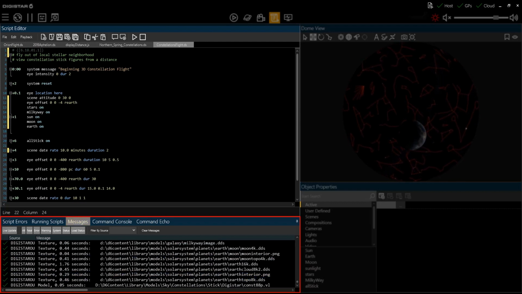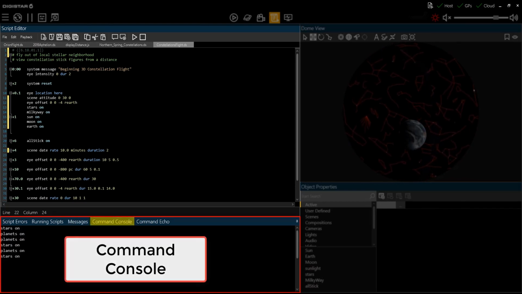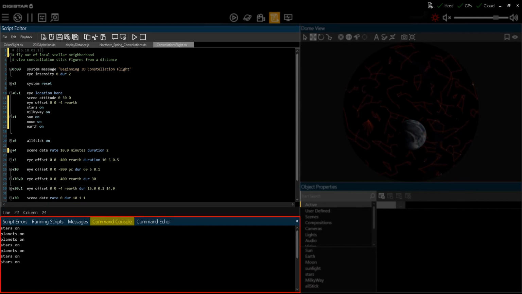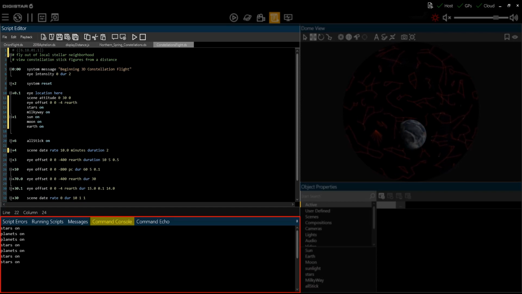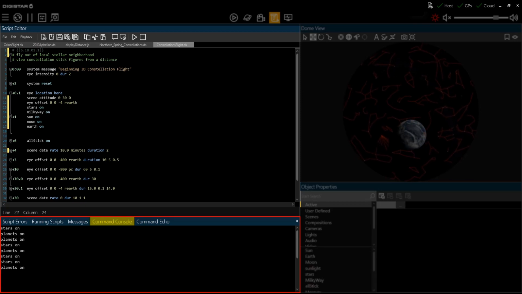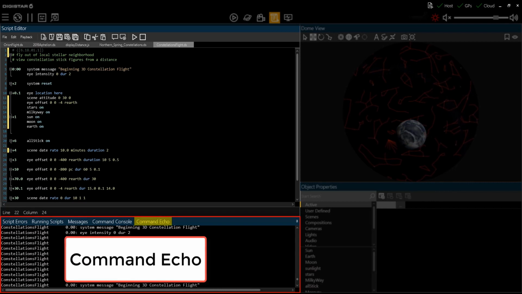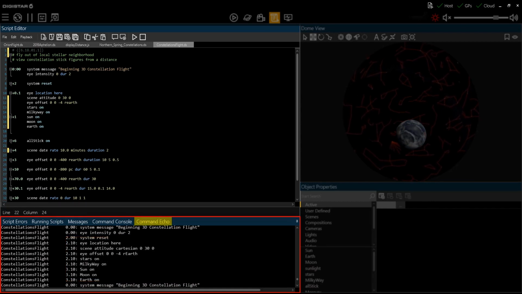Now, the next two windows give you the ability to interactively enter Digistar scripting language commands for execution. The command console allows you to enter commands, which are then executed after pressing enter, and a history of recently used commands is kept, which you can navigate through and re-execute by pressing the enter key again. The next window, the command echo window, shows commands as they are executed from the command console, scripts, or even